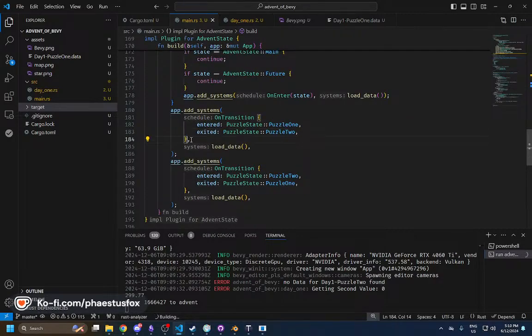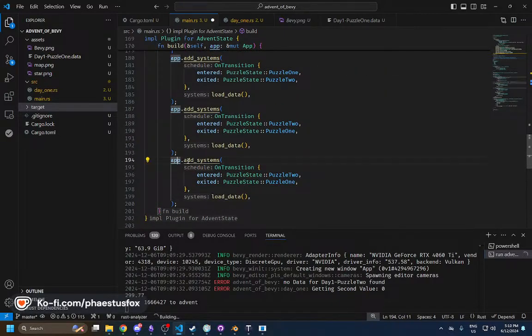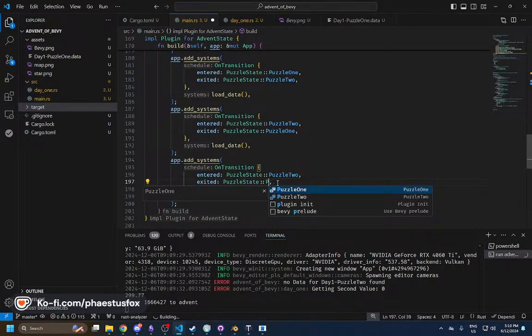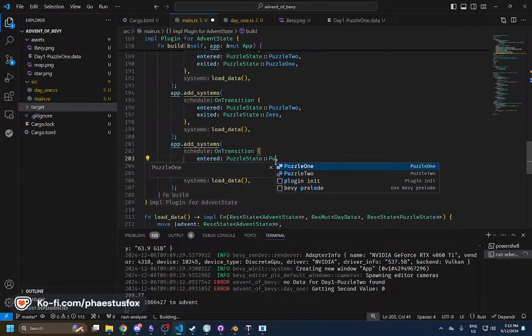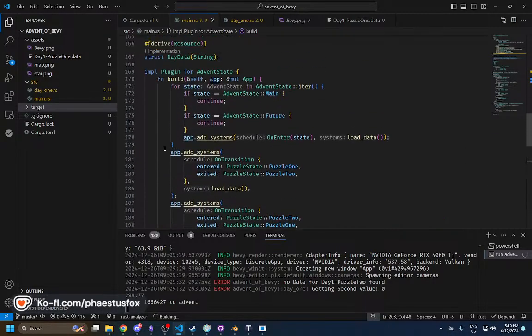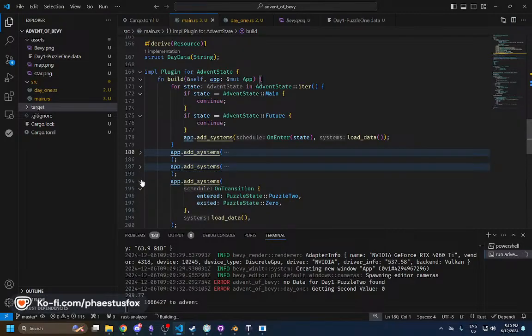See, and then I think... yeah, and so we need the rest of the transitions, which is kind of annoying. So we need to go on transition from entering puzzle 2 from puzzle 0. From 0. And then we also need 0 to 1. Okay, so then we just log data on all of those, and then instead of being this, it's on exit,